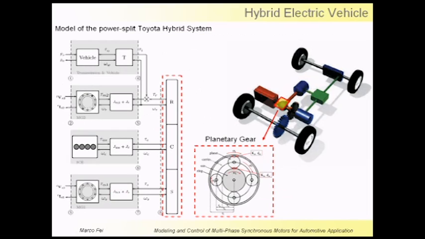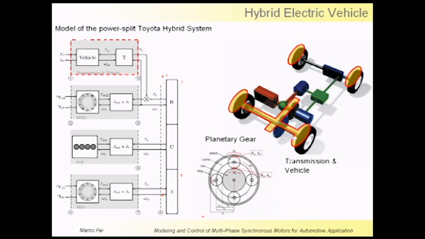This is the Toyota hybrid system. This system is implemented, for example, in the Toyota Prius. And here we have the classical three-phase motor replaced by two five-phase synchronous motors. The key element of this power traction system is the planetary gear. Note that the transmission and all motors are rigidly connected to the planetary gear, particularly the transmission and the